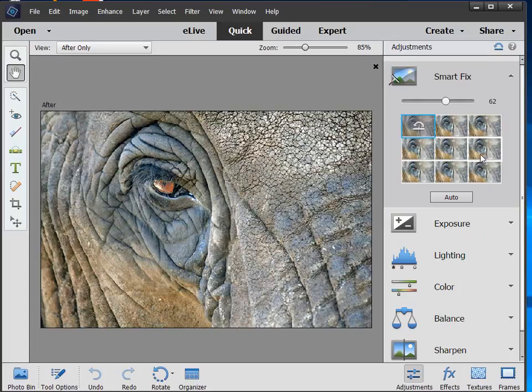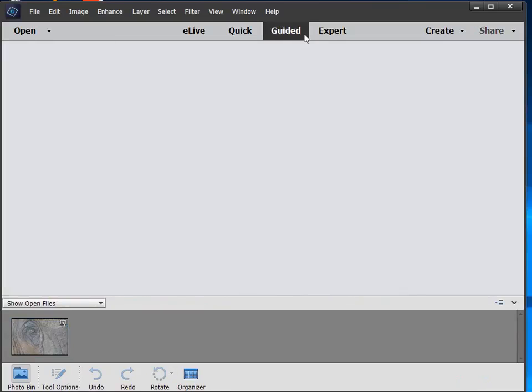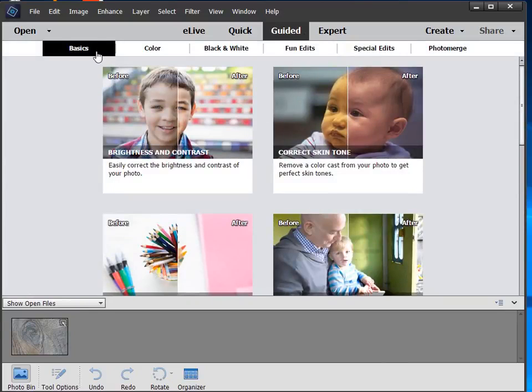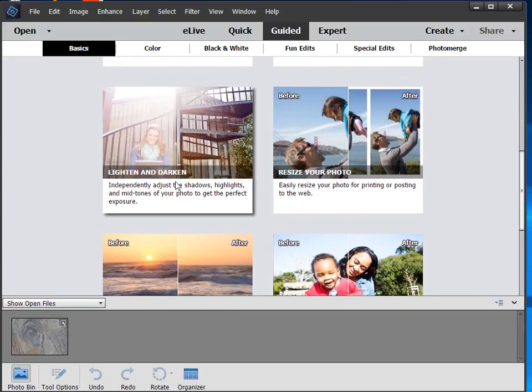I could also select a number of these 9 options as well. All right, I'm going to undo that and bring it back to the beginning. In guided, we go up to under the basics, and sometimes it's hard to find which one you want, but it's a basic, and I can either go to brightness and contrast, or almost the same would be lighten and